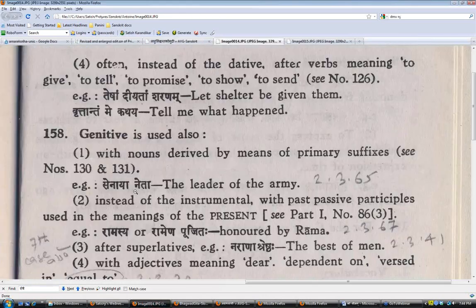Okay, so Senayaha Neta, leader of the army. Again, it sounds very good in English. Looks like we almost don't need the sutram from Senayaha Neta. So he is the leader of the army. Clearly, the army is the object of the leading. You would have normally had Karmani Dvitiya. But because of the sutram that Sena has taken a Shashti Vibhakti, Senayaha Neta, you have to confirm